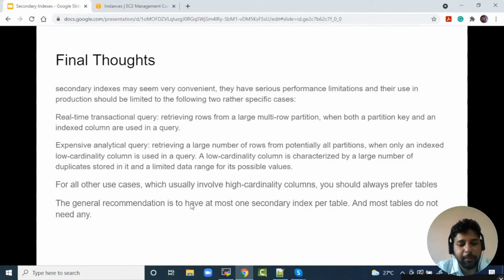If the requirement is suitable for one more duplicate table, always go ahead and create a duplicate table, because querying on a primary index, like the partition key, is much faster than querying on a secondary index.